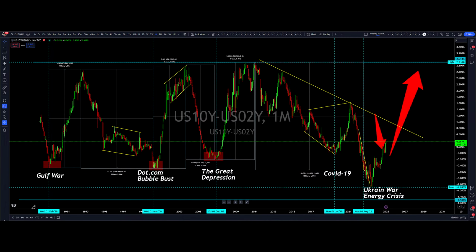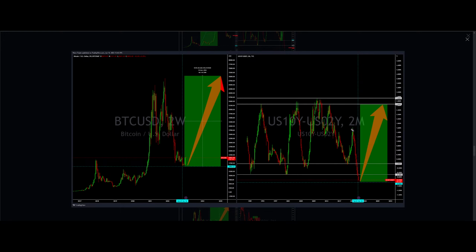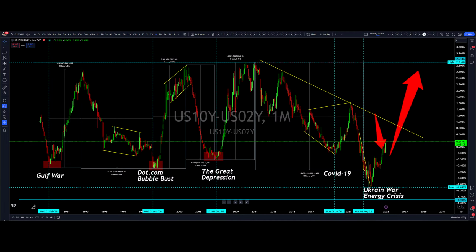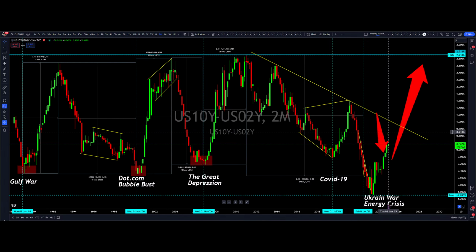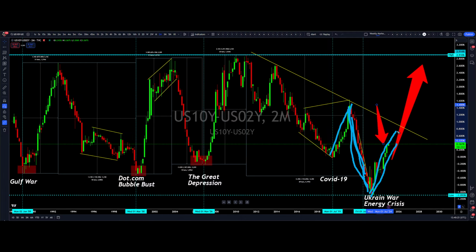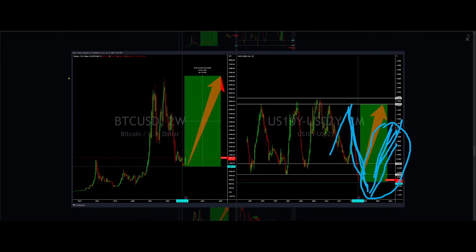Yeah, so this is Bitcoin chart, and we had that 2 months. All right, so let me go to the 2 month first here. All right, so we are coming out from the inversion. We're coming out. This was the bearish move first, and then we were coming out from the inversion. This is what I was expecting in that chart: the inversion to come out. So it went deep up to 1%, and then it's